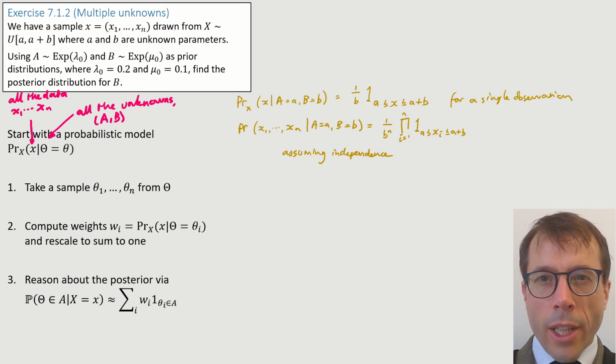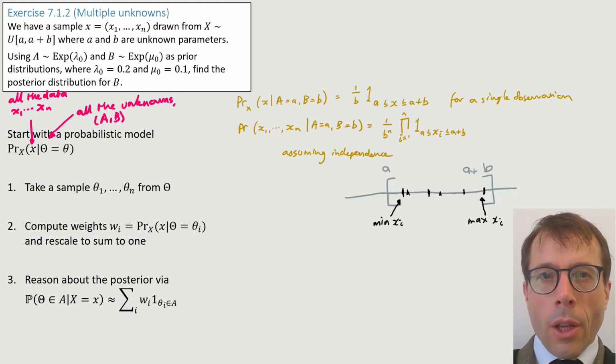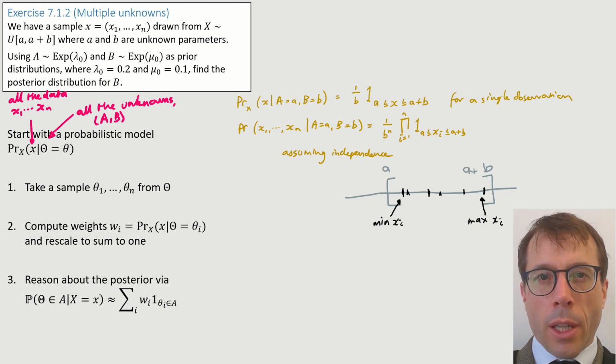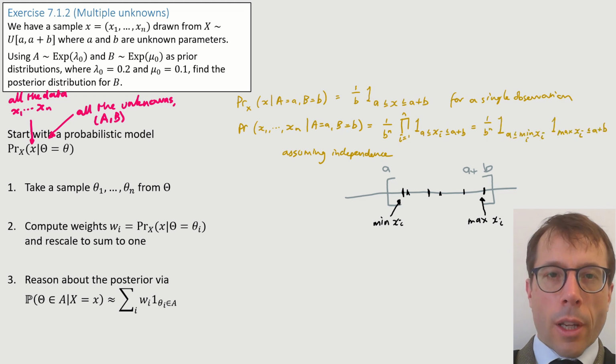Finally, just a little bit of algebra to tidy up. I'm going to want to evaluate this likelihood function for every single one of my sample theta parameters, so I might as well write it in a way that lends itself to a slightly faster implementation. Here, the only way that I can get 1 out of this likelihood formula is if all of the xi lie between a and a plus b, or in other words, if the min is above a and the max is below a plus b. So that gives us the simplified expression here.